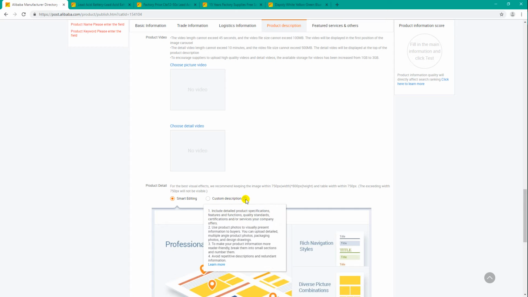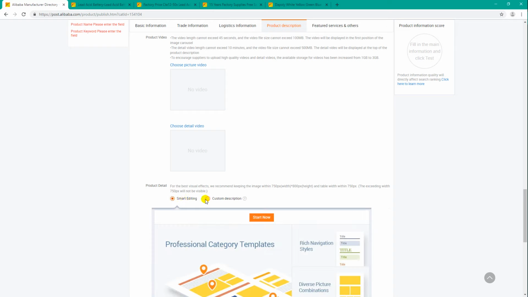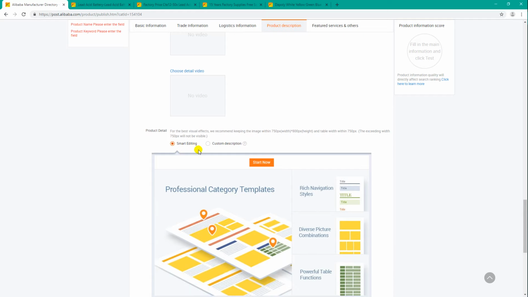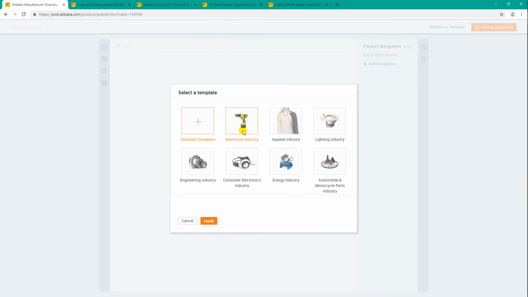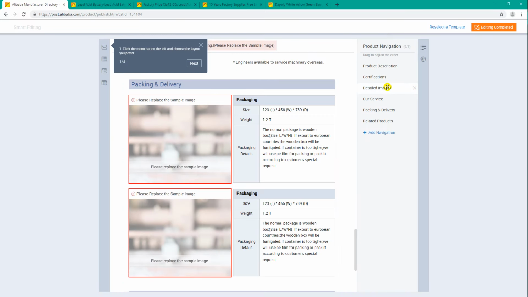Custom description has the same meaning as the standard editing that I just showed you earlier. So what makes the difference between these two? For smart editing, you can see over here, it's very easy for beginners. You just need to choose the template that is already designed, click apply, and then it has the navigation for you over here. You can add navigations by directly importing from your navigation, or you just type directly into this part what it will be, for example, I want to have display